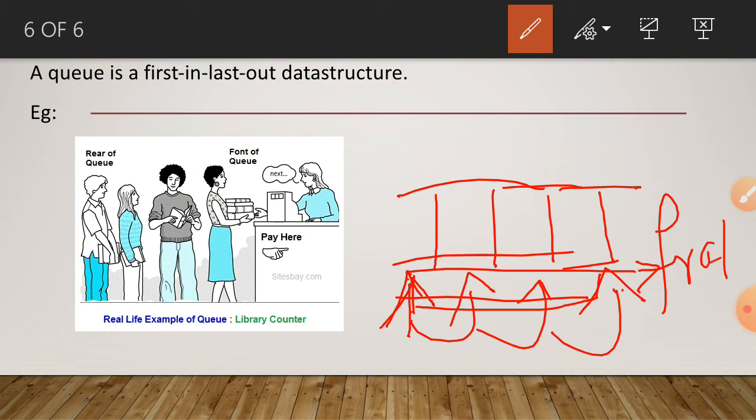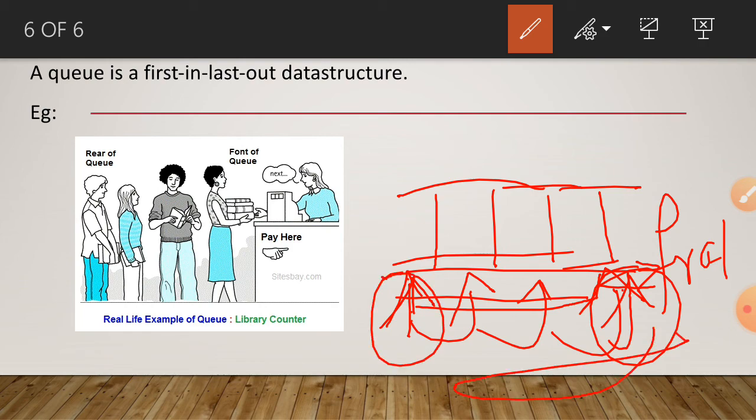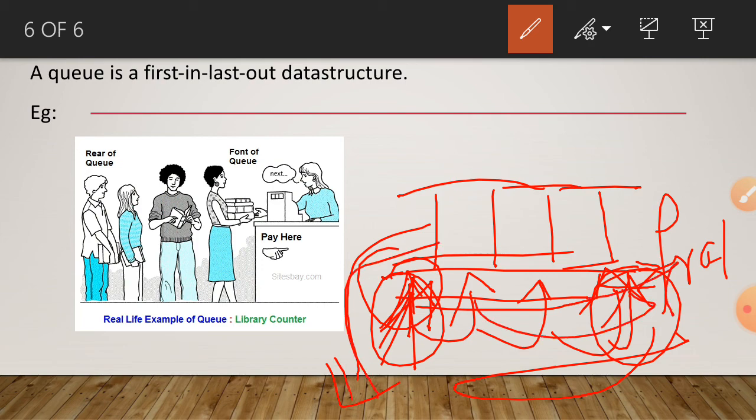And if you want to delete, this pointer, the front pointer, is pointing to the last person. If you remove that person, we remove from here, so it won't come back. So we use the other end, that is the rear end. From the rear end we delete the elements from the queue. So from the front end we insert the elements, and from the rear end we delete the elements from the queue. So in a queue, insertion and deletion are from different ends. In a stack, insertion and deletion are from only one end.